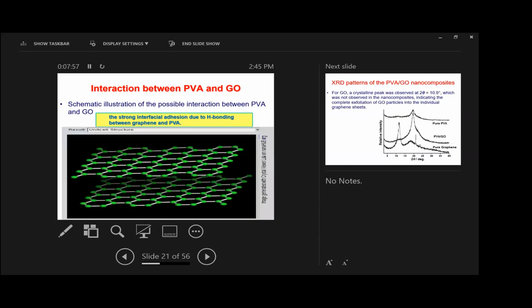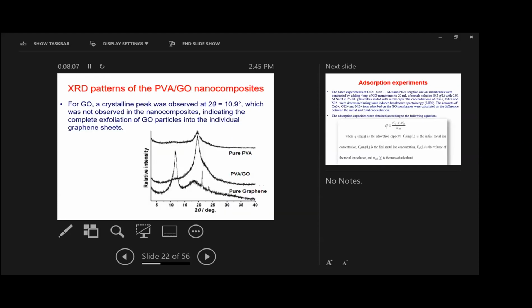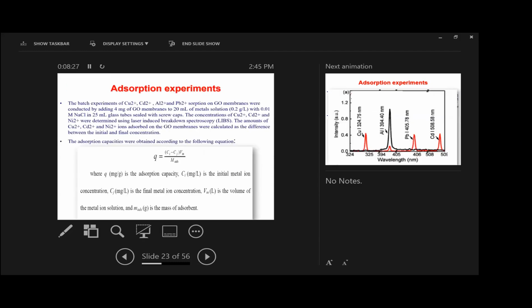And we got perfect layers of graphene oxide and BVA mixed together, which enhance absorption. Of course, if we look at the XRD pattern, we will see there is a shift between pure graphene and graphene BVA. This shift is due to a change in the band structure,